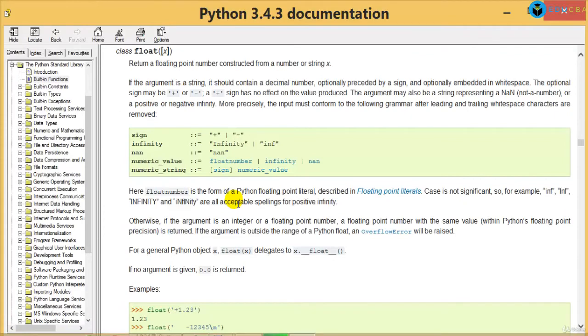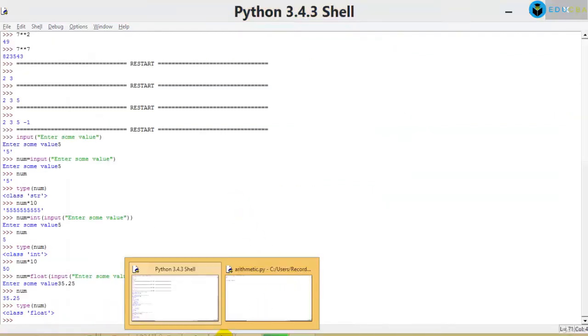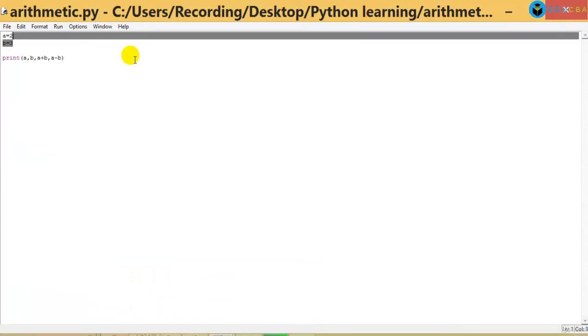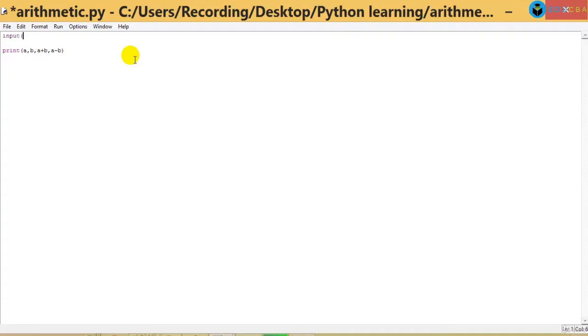Now coming to my program, the program which I was executing out here. Over here I need to take two inputs from the user. What are the two inputs? I need to tell him, can you enter the first number, and then give him some space so that he can see it in a good way.